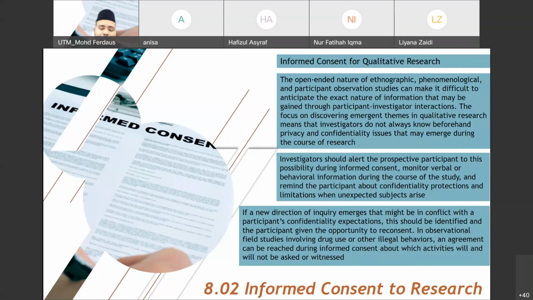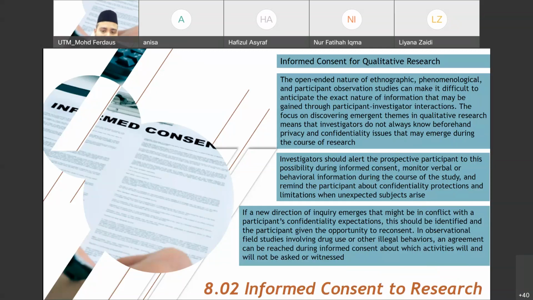Say for example, you are investigating the marriage issue and their satisfaction towards their married life. And then the husband says, I'm going to give the information, but information about my previous marriage should not be mentioned. Say the husband had a prior marriage, and maybe they were divorced, or the wife passed away and he remarried. What you want to focus on is only the marriage to his current wife, his current partner. But here he mentioned that no information about his previous marriage should be mentioned.